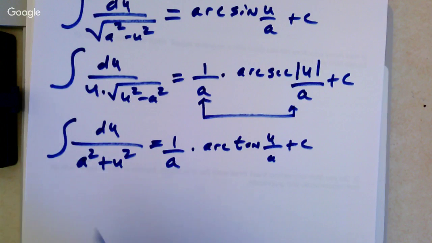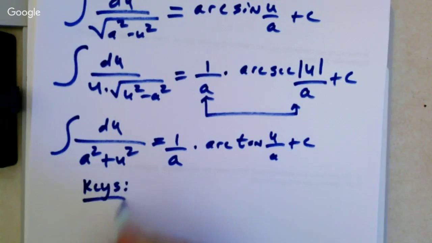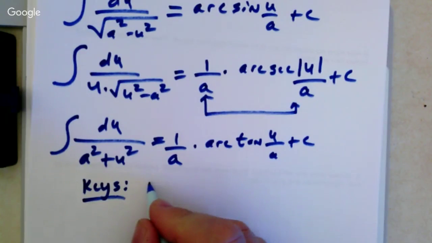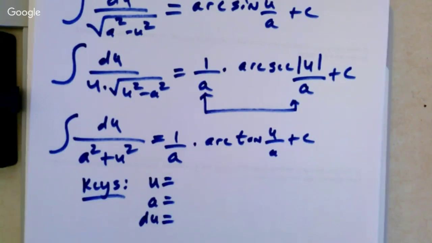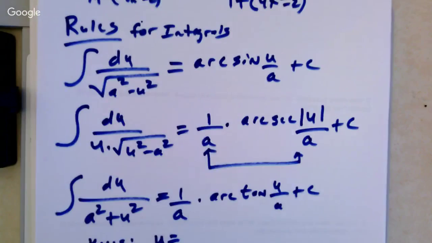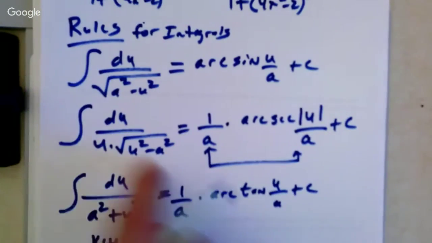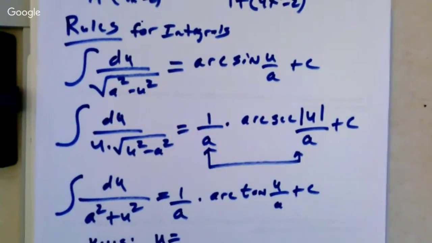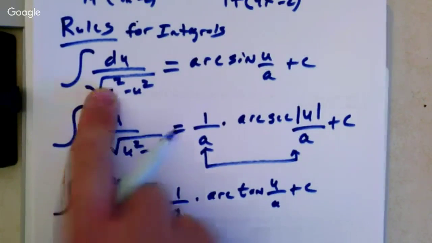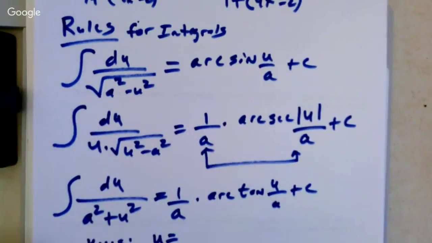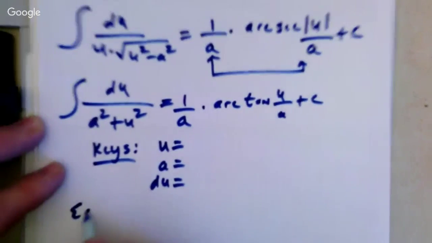Okay, so the keys for this. This is what you have to identify: what is u equal to, what is a equal to, and then find what du is equal to as well. So the first thing I try to do in these is ask what form they are in. Are they in this one, or this one? Obviously, if there's no square root, that's what we're looking for there. If there's something outside, more than likely we're going to try this first. If there's just two things inside, we're going to try those first. So let us take a look at example 2.